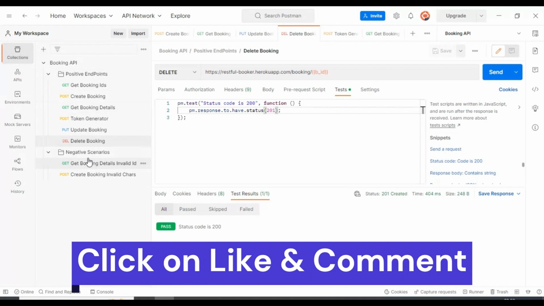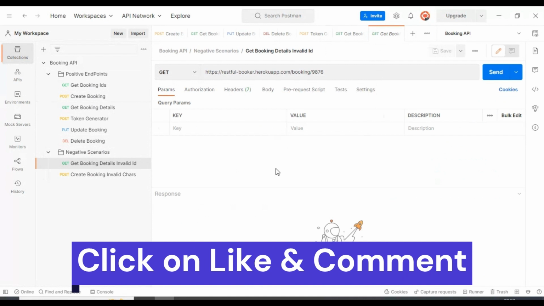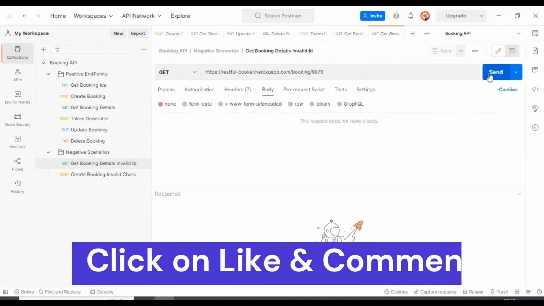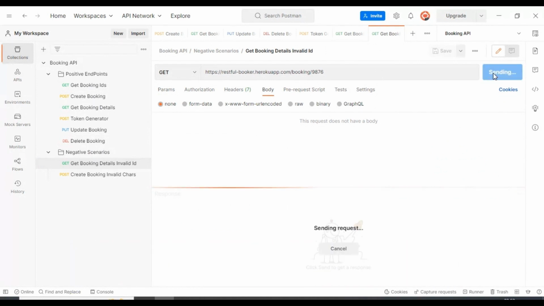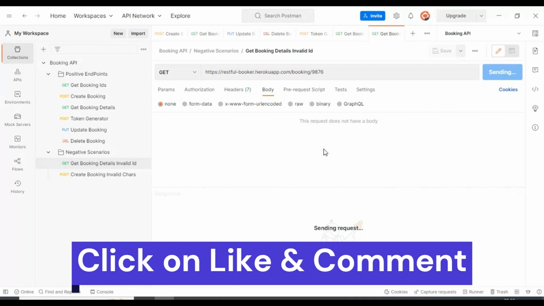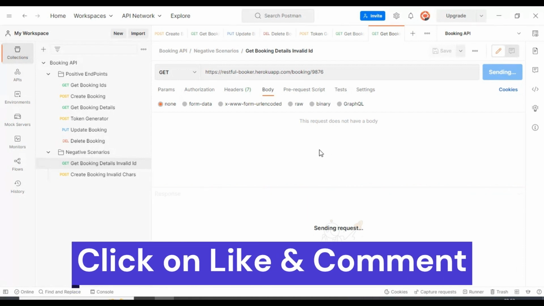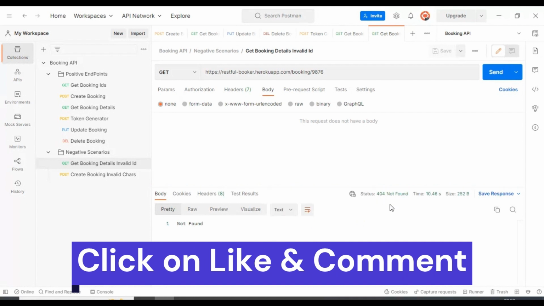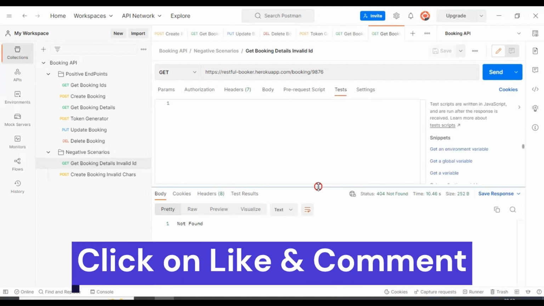Now let's go to the negative scenarios folder. We will assert the status code now. So let me execute the get API now. So after executing, we can assert the status code. So we got the 404. So let's go to the tests tab and here I'll select the